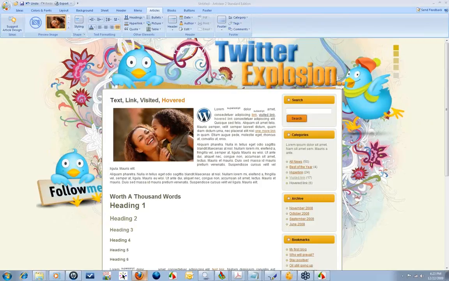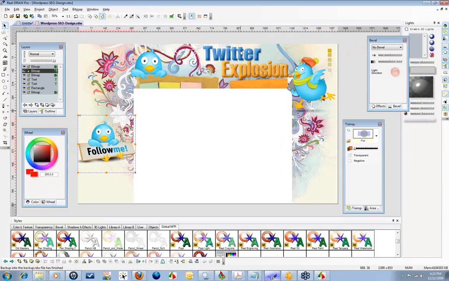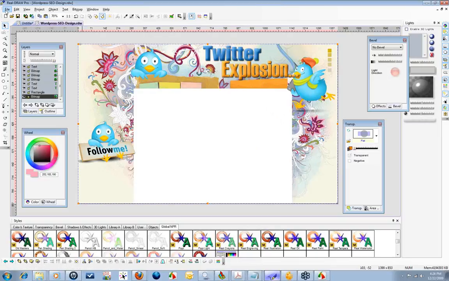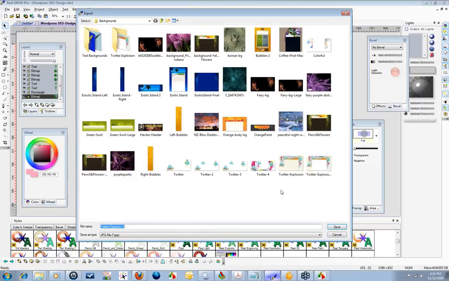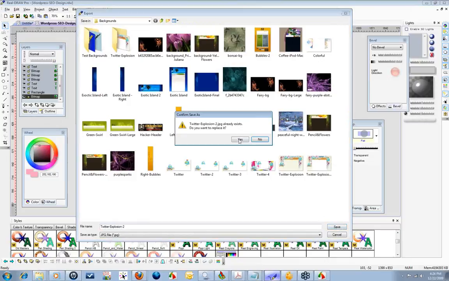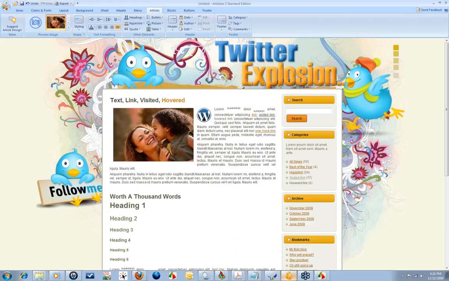We didn't add the double on here, so we just copy, paste, gives a little more depth, copy, paste. Yeah, that makes it look better. Do the export, call it the same thing, replace it,